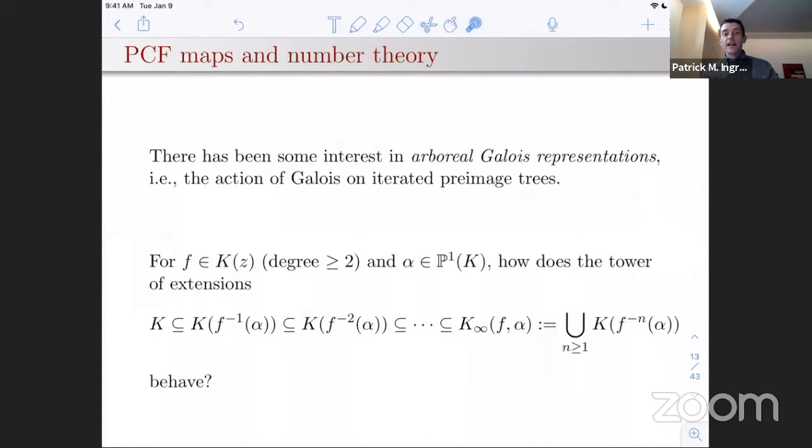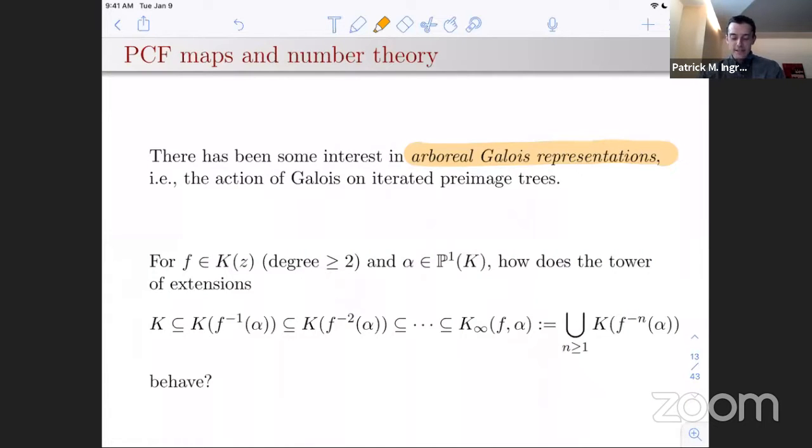There's a natural reason from the point of view of complex dynamics to be interested in these things. And it's maybe not surprising given the role that the critical points play in ramification, if you're going to do some sort of study of the covering spaces that iteration of F generates. But because this is primarily a number theoretic audience, I wanted to bring in a motivation from algebraic number theory. I am not going to talk about arboreal Galois representations.